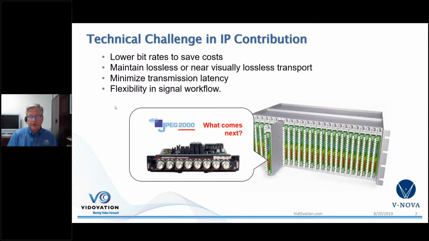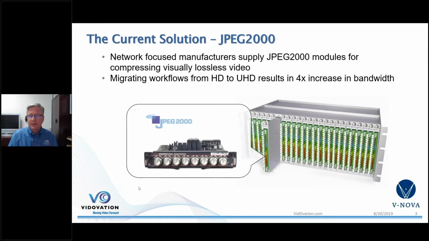And another pain point is we all want our IP transport to be as close to zero latency as possible. And then we want the flexibility in our IP transport for different types of workflows and signal flows, to support at-home productions or REMI productions where we don't have a truck in the field anymore. We home run all the cameras back to master control, and we do our workflow in a central location. So Perseus solves some of these problems.